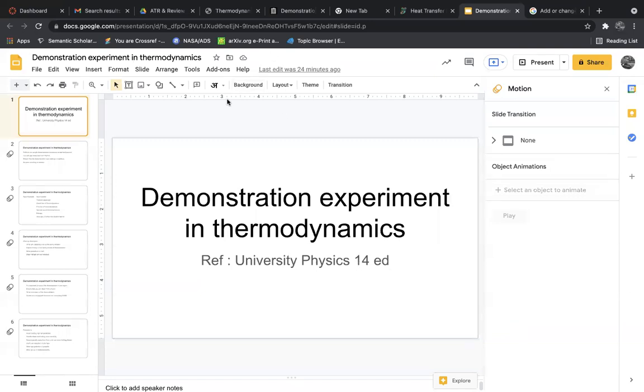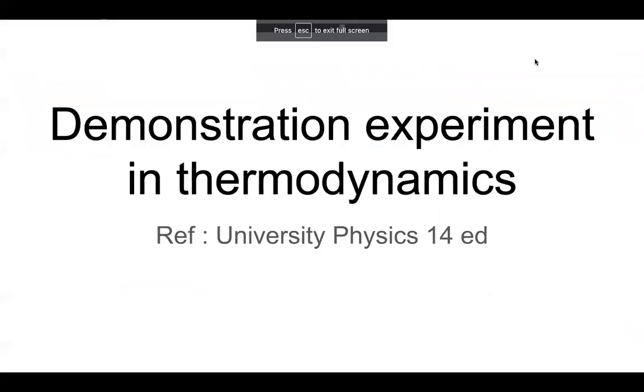So we are looking forward to the fourth experiment in the coursework. We have already done 3 experiments. Experiment 1 was error analysis using simple pendulum. Experiment 2 was motion of bodies using video analysis. Experiment number 3 was yesterday, that was plotting graphs and other stuff. And experiment number 4, that is today.